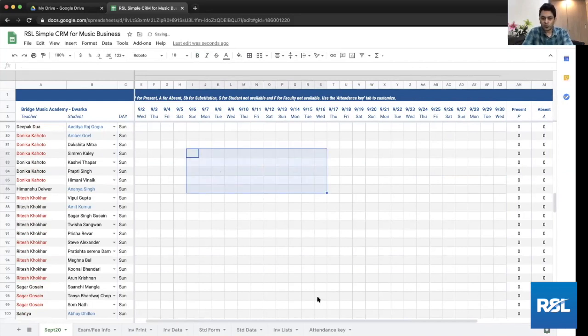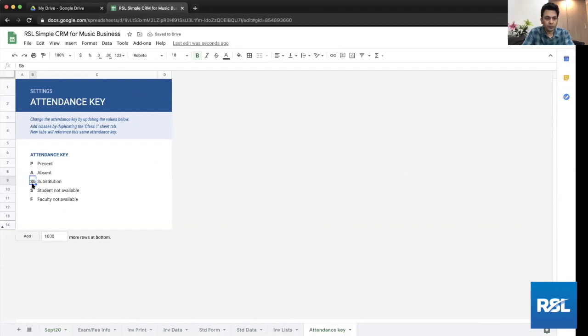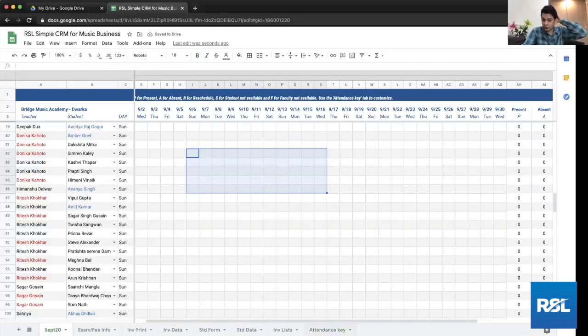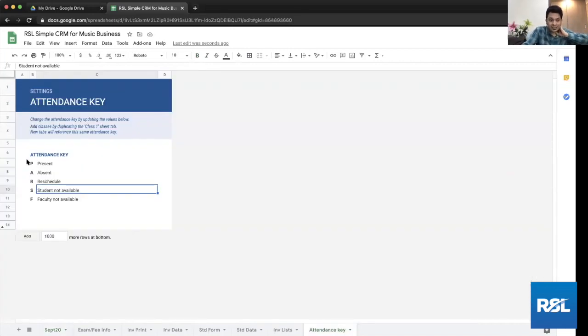So this is totally up to you. I've forgotten what I was doing there. Present, absent, reschedule is what I had used. So you can do that. You can change those values from here. And this is currently mapped for the 5 values. So you can choose any of the 5 values that you like. If you type more, it is not going to pop up there. Unfortunately, as of now, I will be able to help you how to do this in a separate video, which we may post on YouTube later.